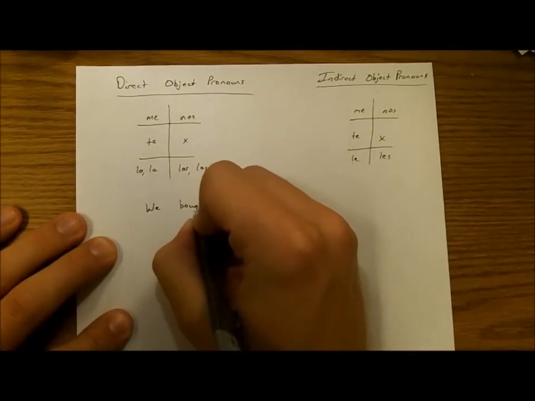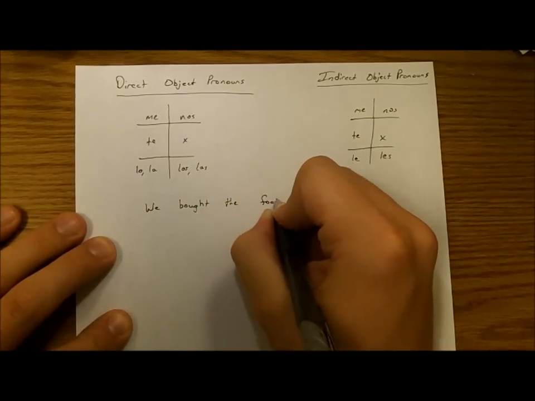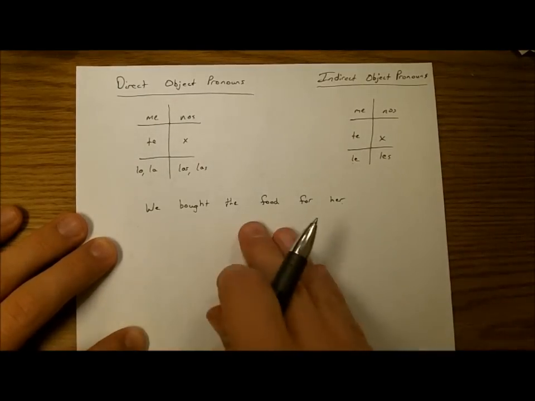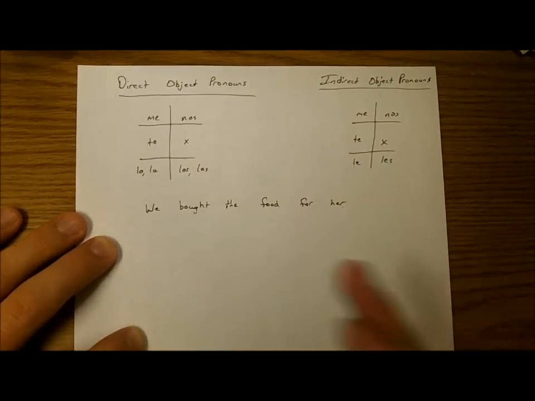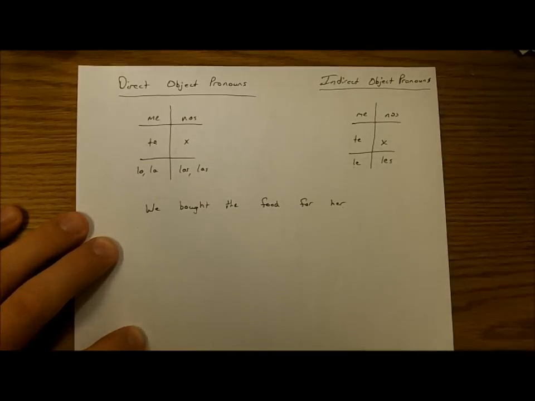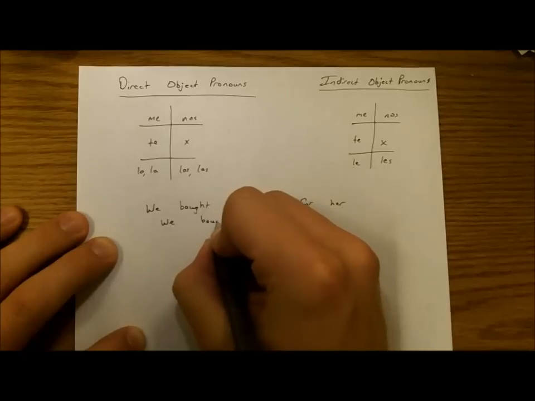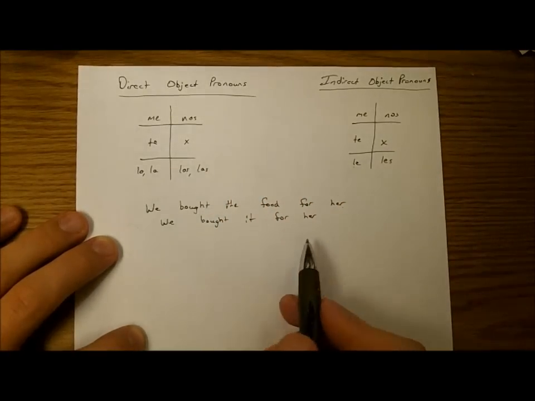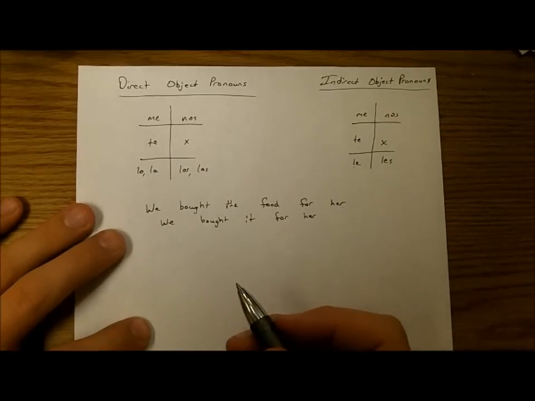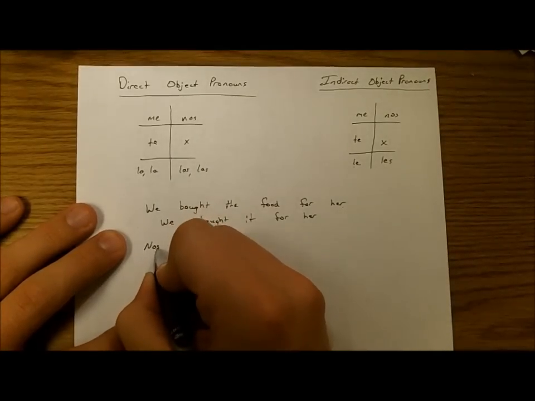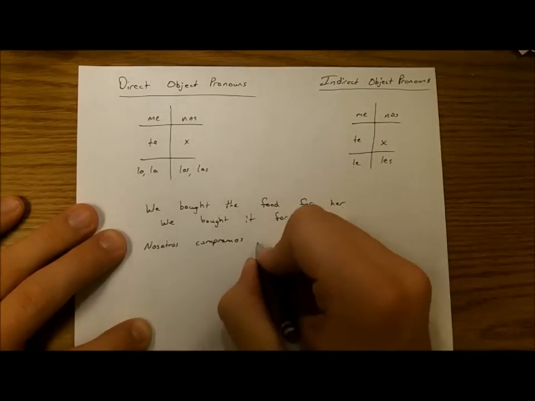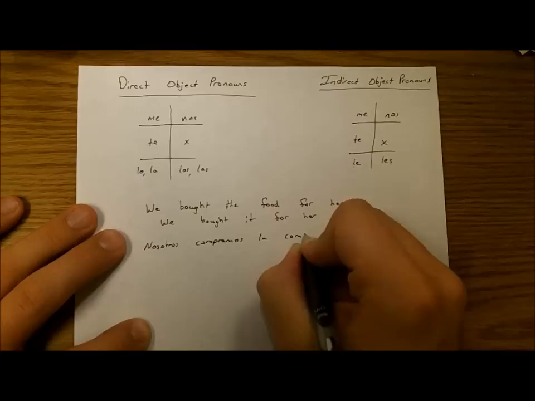So, for the first one we have, we bought the food for her. So we had done this individually with just direct objects, then just indirect objects. Now we're going to take everything out in order to change it to we bought it for her. And that's going to be the end result. So, in Spanish, we have nosotros compramos la comida